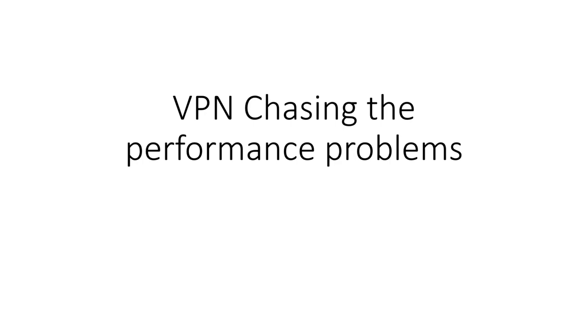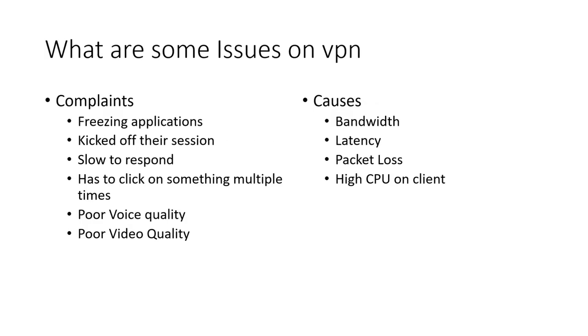So we're going to start by discussing some of the potential issues that people complain about on VPN. It's interesting to me because most of the time, it'd be great if end users called in and said, hey, I've got poor bandwidth, or I've got a latency problem, or I've got a packet loss problem. Since only about 10% of the population actually works in IT,